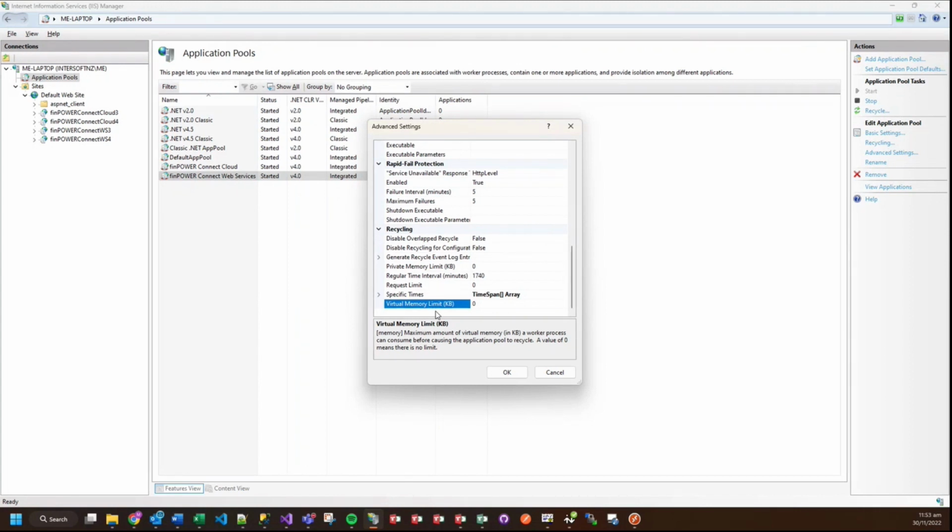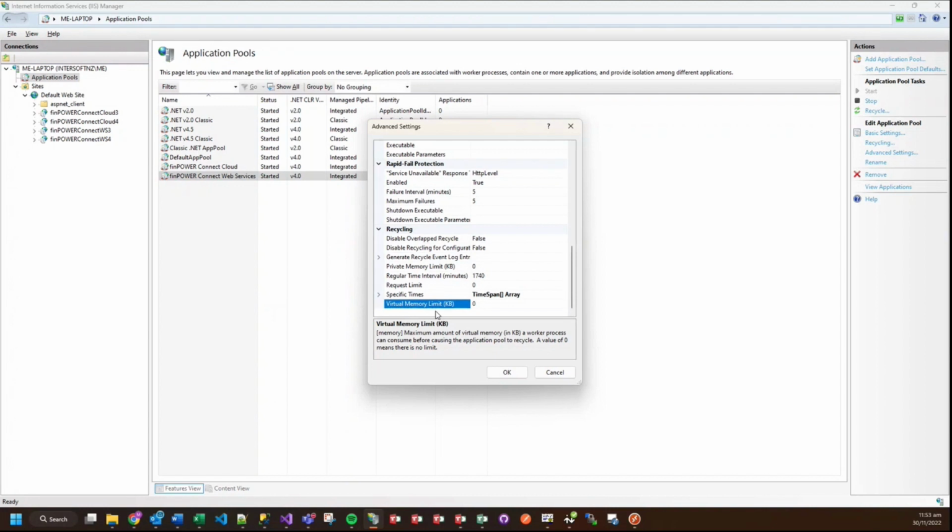application pool is recycled. It may well make more sense, if that virtual memory limit is being hit before the server thrashes itself, to set the application pool to recycle and dump out and basically garbage collect any memory that's been used. Again, don't switch this on by default. Do some testing, but it is a really useful